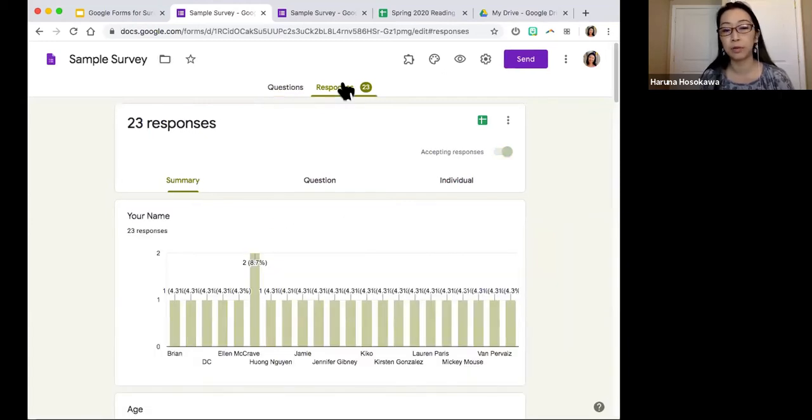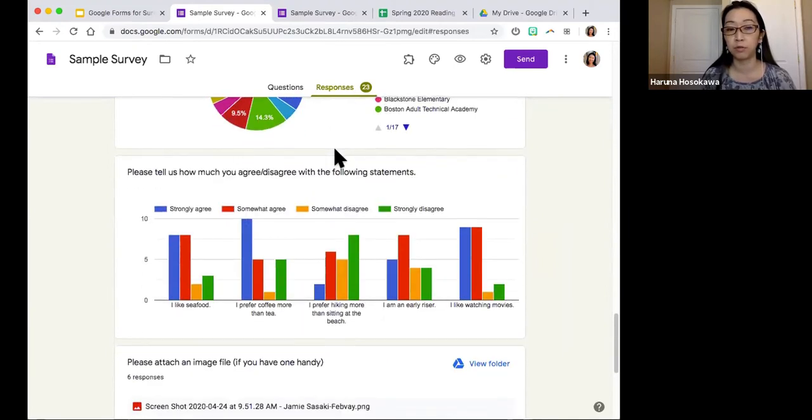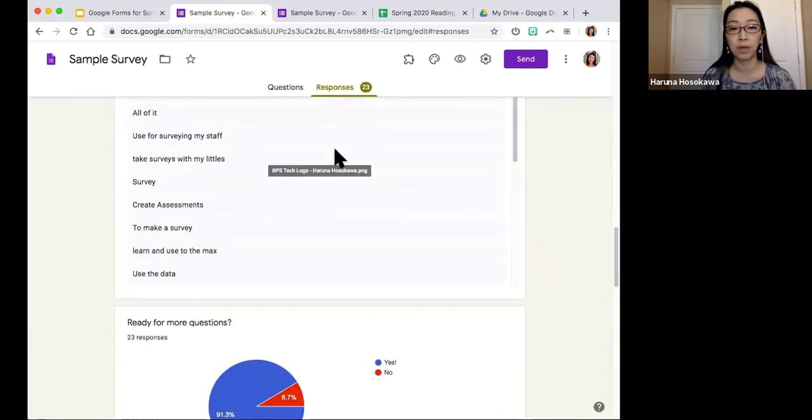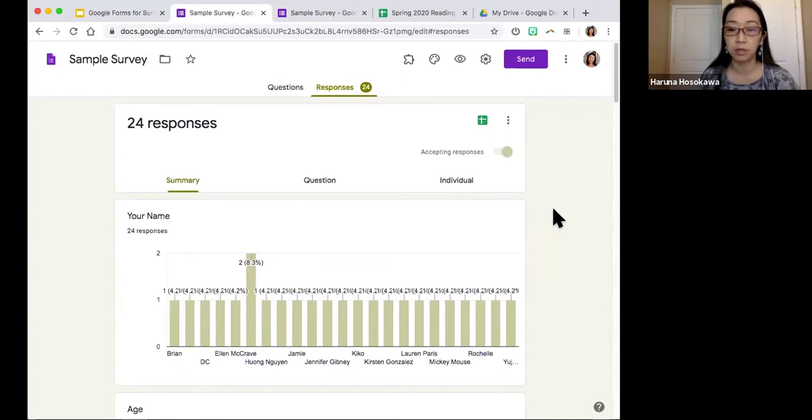There are actually more than a couple ways you can see survey responses. You can look at your responses right from Google Forms itself, which I'm seeing right now, which is great, but when you're taking surveys and getting like 100 responses back, this may not be the best way. So what I'm gonna show you now is how to look at these results in a spreadsheet. From the responses tab, this little green button here, that's the magic button to get these things imported into